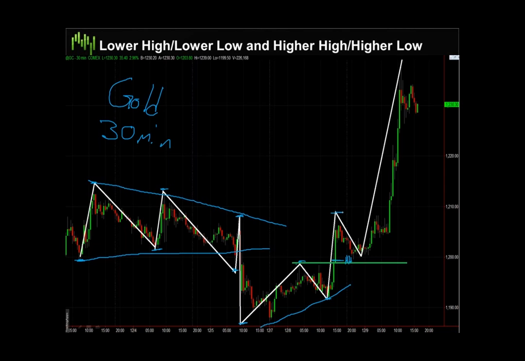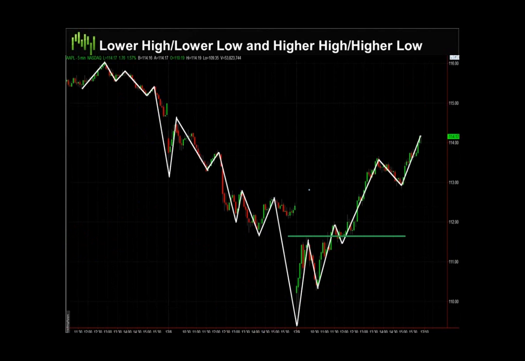So now we have an uptrend again, higher highs and higher lows. We go all the way up to our pivot, pull back, pivot down, rally once again to another higher high. Now this move here, you're talking from 1200 to 1230 or 1240 up here, which is about $4,000 a contract in one day. But it had told you the day before that the trend had reversed. Okay, so you knew which direction to be trading, and I'll show you how you enter that here in just a minute.